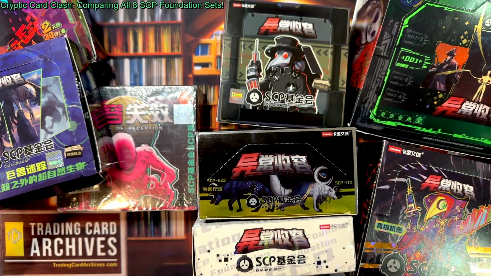So this is, of course, SCP Foundation. Again, you can tell that's what's on the table here. In fact, I have all 8 of the boxes. Now, up until a few weeks ago, I actually thought there were 9 sets. But in fact, this set,